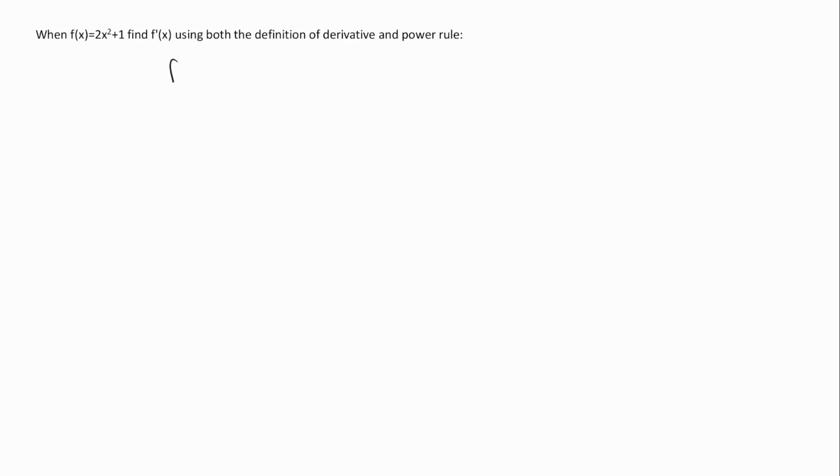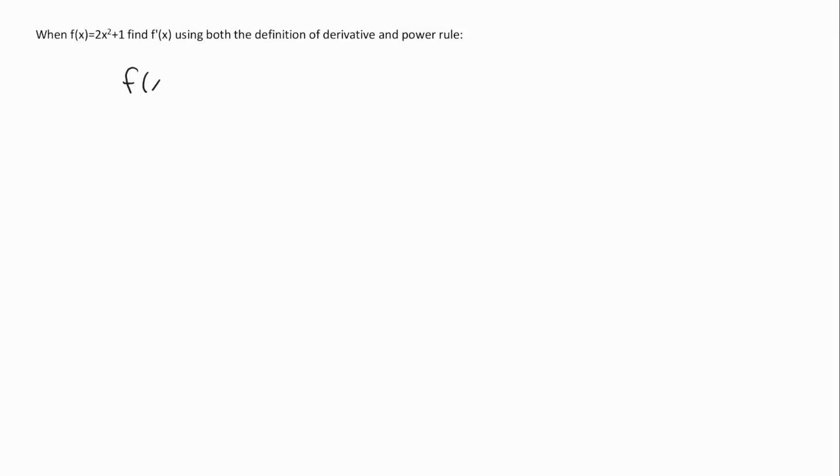We know the power rule is when we have a function f of x is equal to a times x to the n, where a is just a constant, f prime of x is a times n times x to the n minus 1. So it's the same thing as multiplying the exponent out in front and subtracting 1 from the exponent. So if we do that for our function,